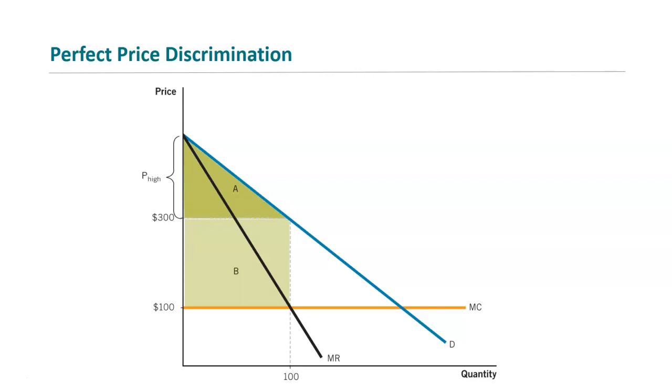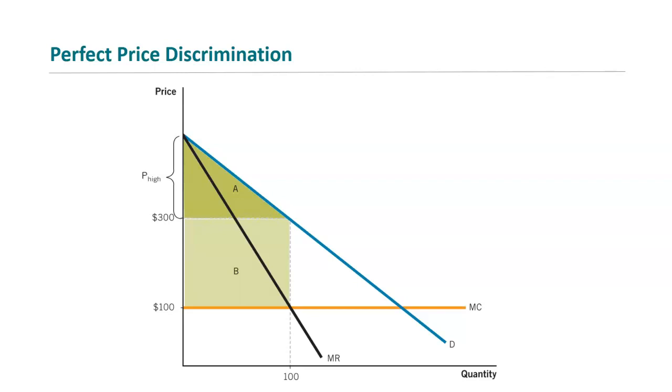And then, would you stop at 100 customers? No, not if you knew you could price discriminate. You would keep selling until your customer's willingness to pay became lower than your cost to provide. Because even for this customer way down here with a relatively low willingness to pay, their willingness to pay is still higher than what it costs you to provide the service. If you can charge them their willingness to pay, you'll do it, because though you might not make a bunch of profit off of them, you'll make some.